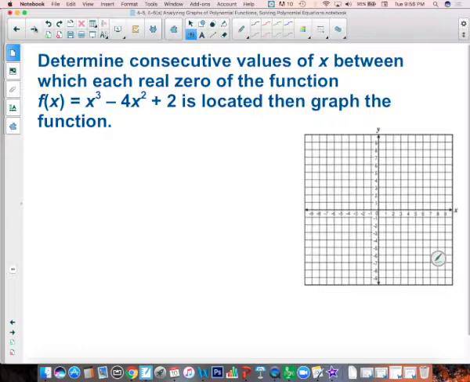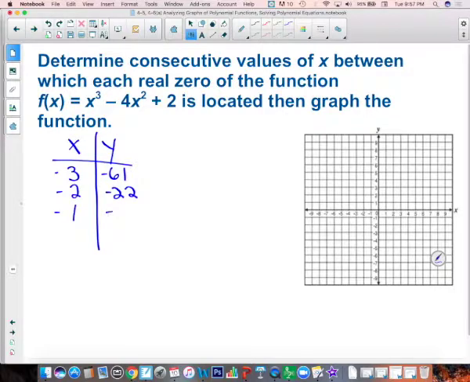All right, so if you make your XY chart, your generic XY chart, use my blue ink here again. So -3, you get -61, -2, you get -22, -1, you get -3, 0, you get 2, 1, I get -1, 2, I get negative 6, and 3, I get negative 7. Okay? So this one, when you get that far,